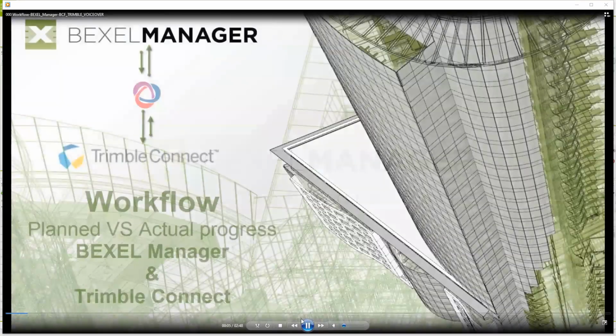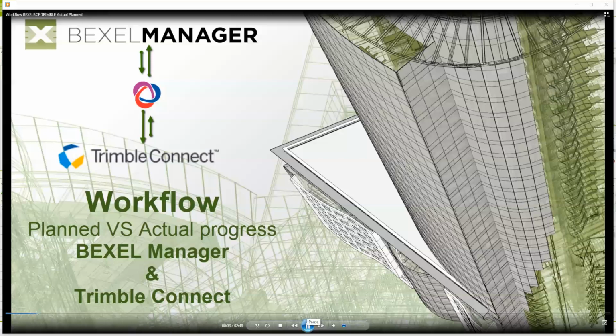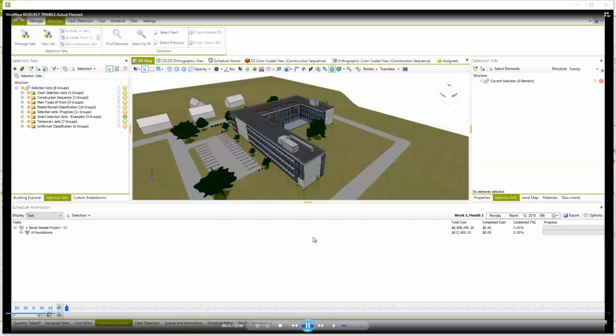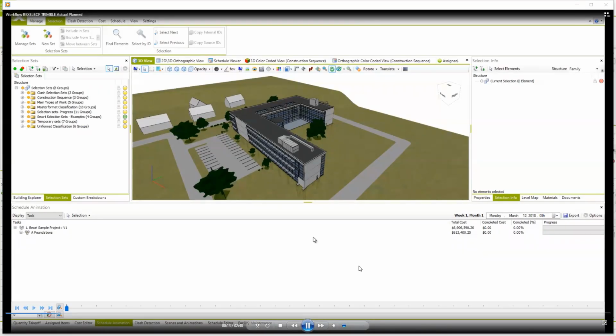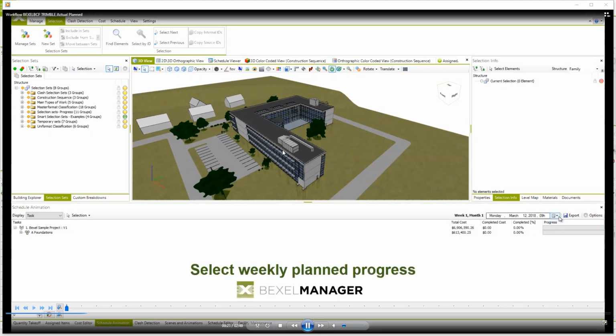So in this brief video, I explain the workflow of connection with Trimble Connect. So what you usually do, or what is the common workflow? Once you created your schedule, you will usually create your look-ahead plans. So let me just check. I had issues with the video. Okay. So once you created the schedule, you can see your animation or 4D simulation and create a look-ahead for